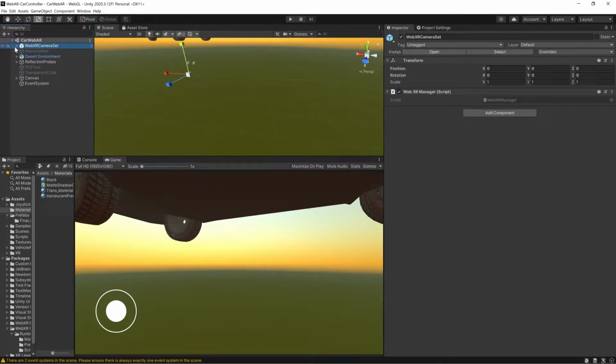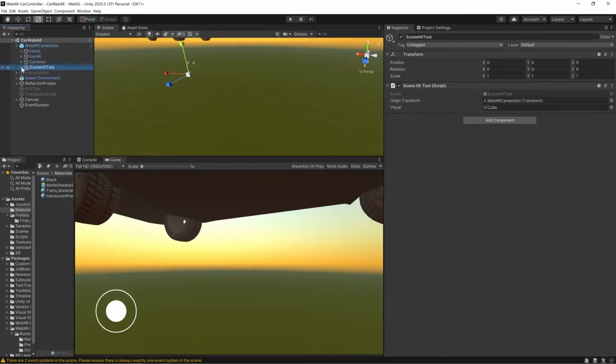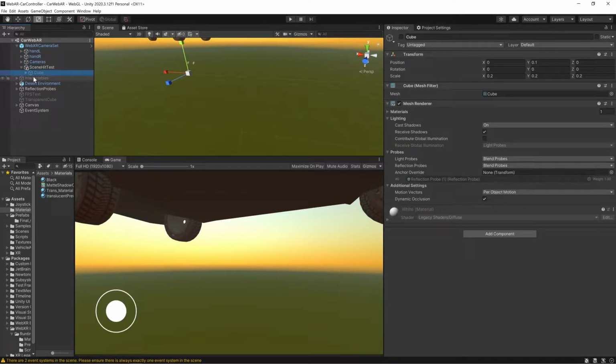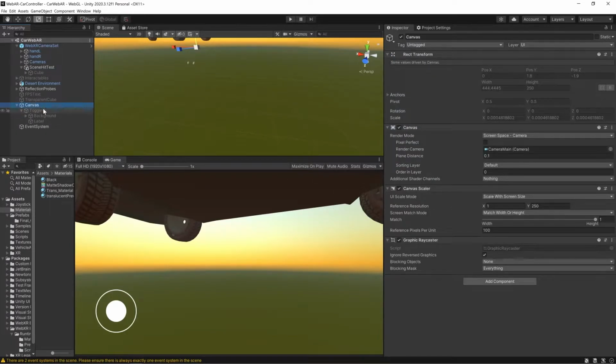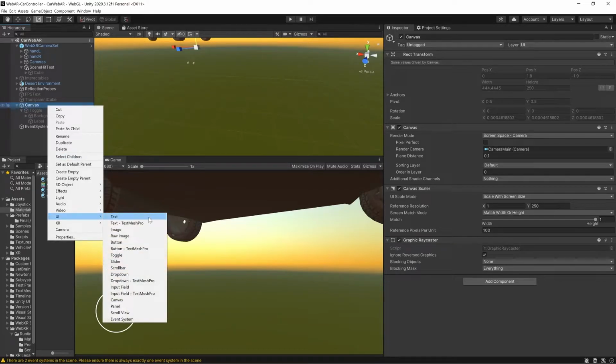Unlike last time, this time we'll be creating a UI button where we will be switching the AR mode. So when you click that button, AR mode will start once you open the application on the mobile.